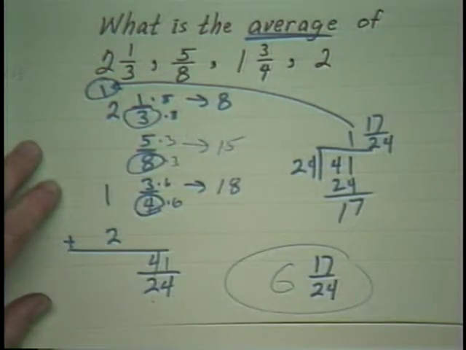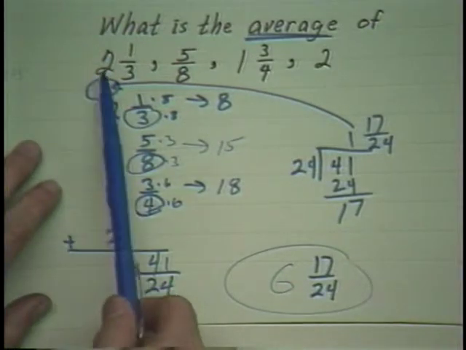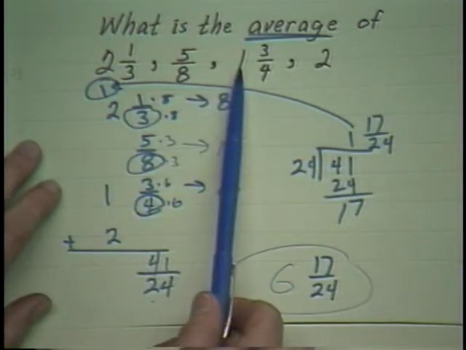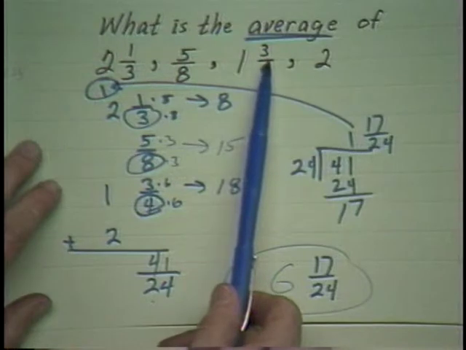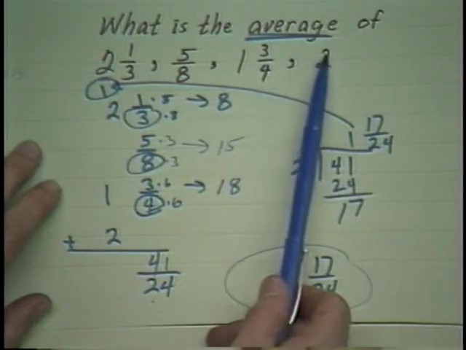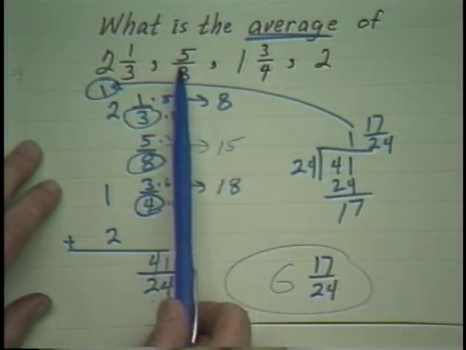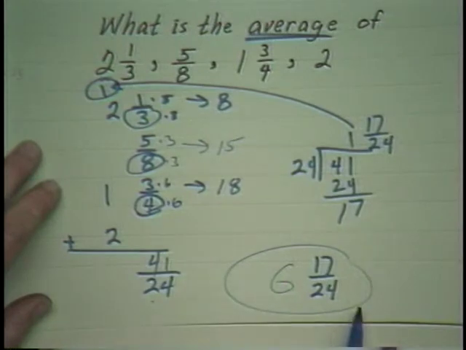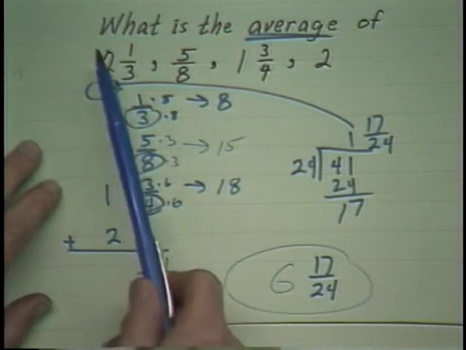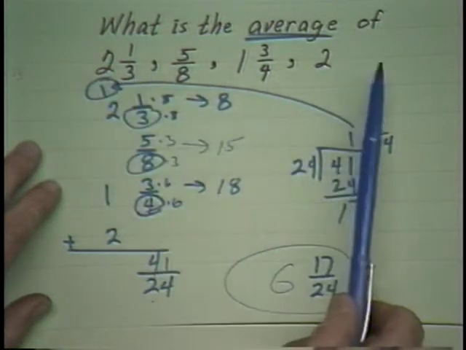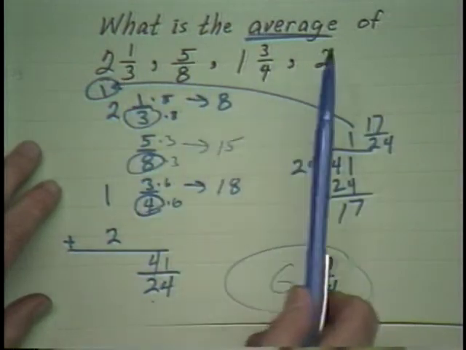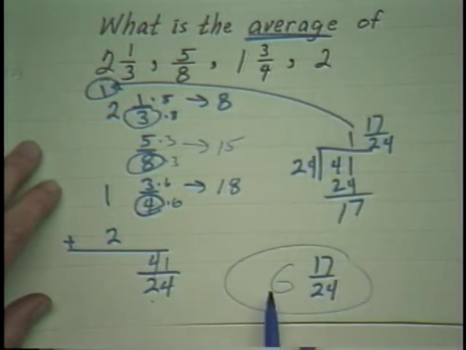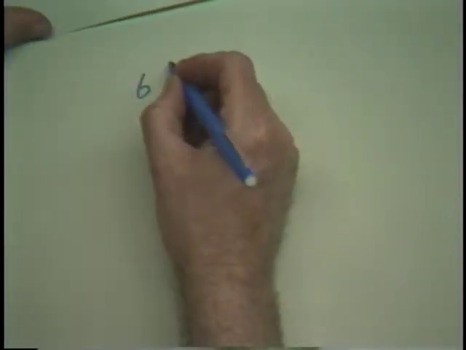Now let's pause here and see if this seems reasonable. 2 and 1 is 3, and almost another one is 4, 5, 6. So it should be a little bit more than 6, and this is a little bit more than 6. But once we have a sum, we'll divide the sum by the number of numbers, which is 4. So now we need to divide this by 4. So 6 and 17/24s